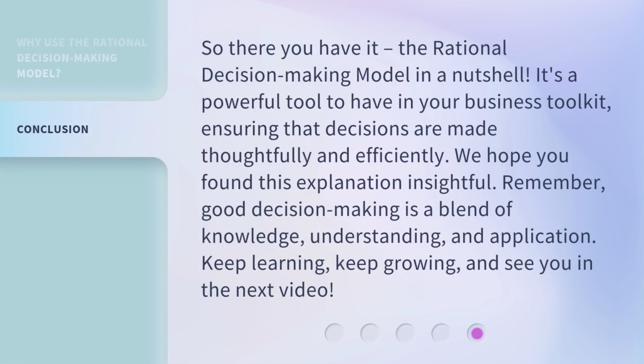So there you have it, the rational decision-making model in a nutshell. It's a powerful tool to have in your business toolkit, ensuring that decisions are made thoughtfully and efficiently. We hope you found this explanation insightful. Remember, good decision-making is a blend of knowledge, understanding, and